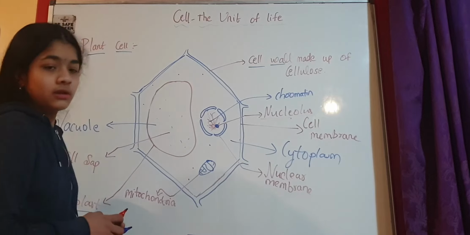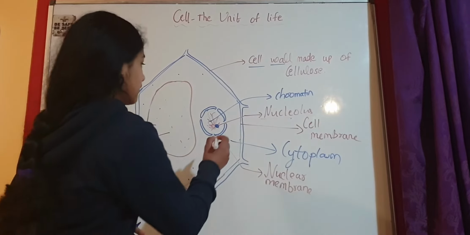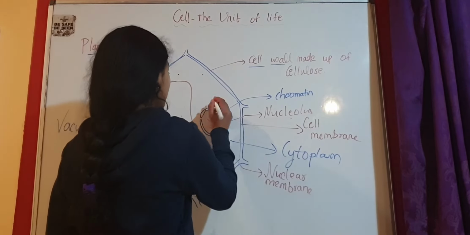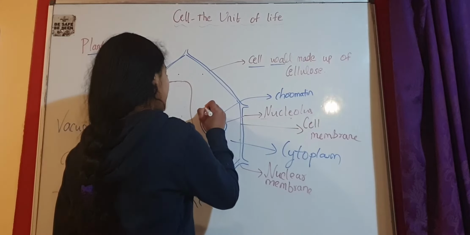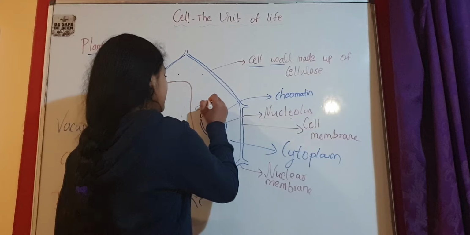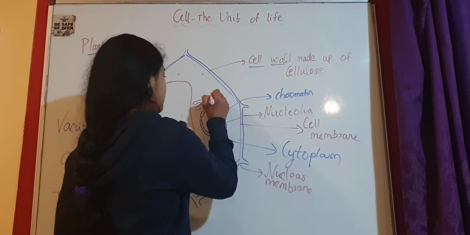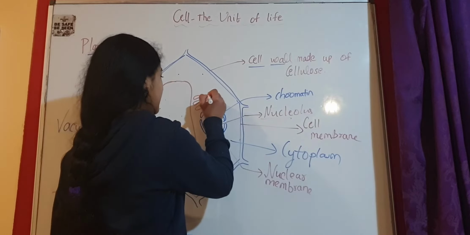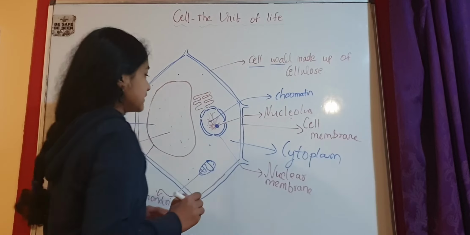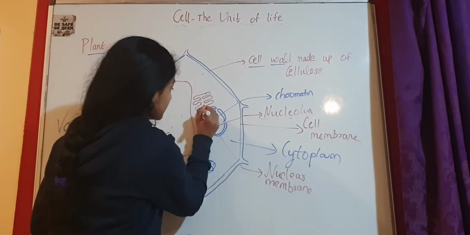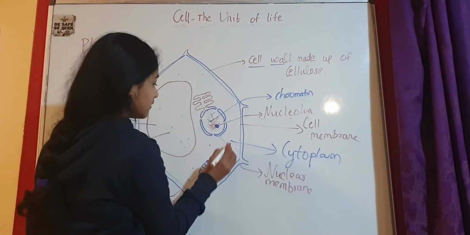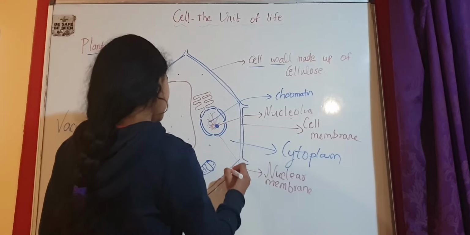Next we are going to take a look at a very important one, which is called endoplasmic reticulum. When we talked about animal cells, we have seen that as well. Endoplasmic reticulum are just like some foldings which are present just outside the nucleus. So this is endoplasmic reticulum. Let me draw one more here.